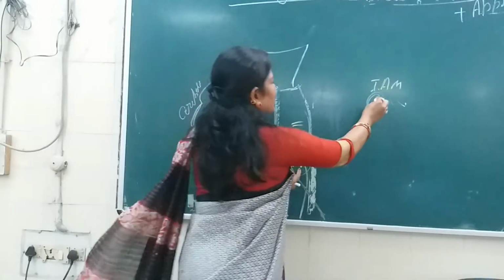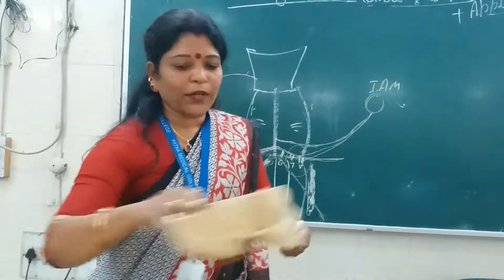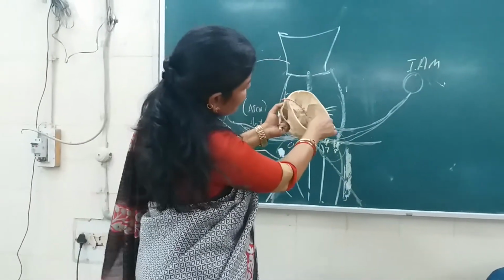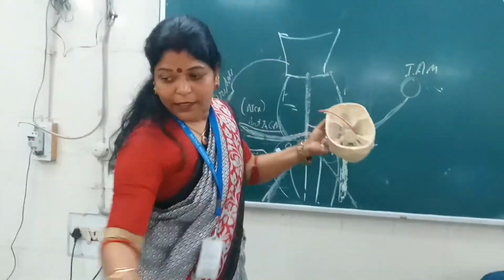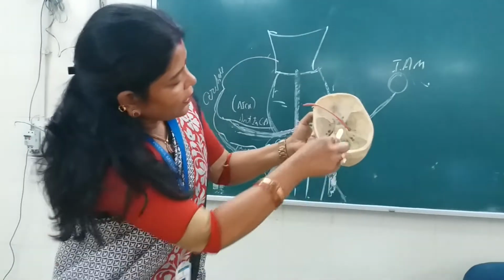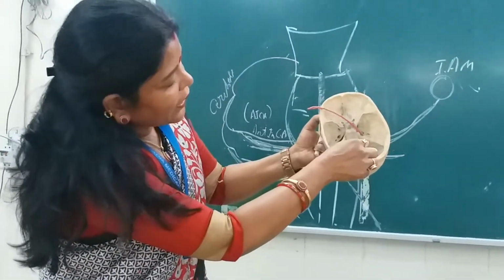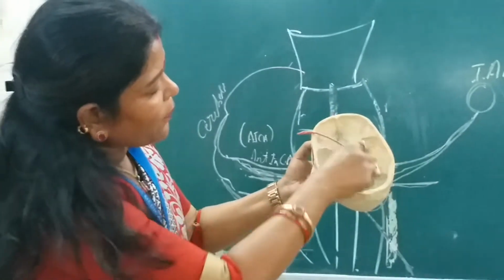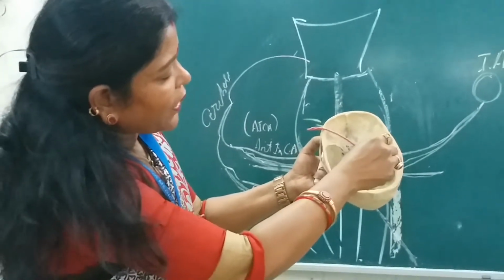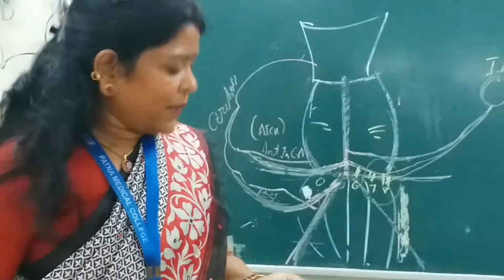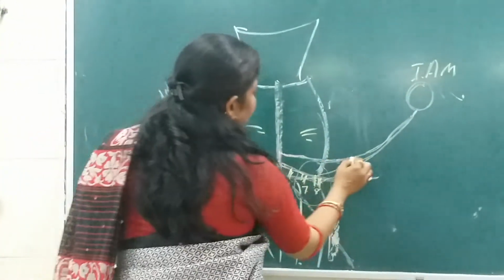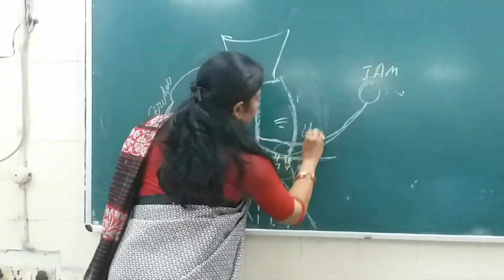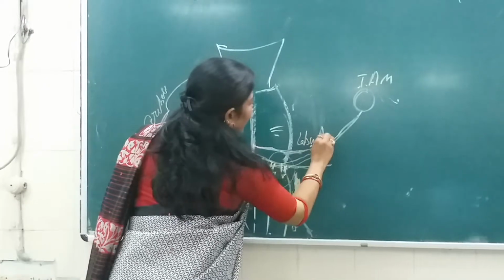So this is the internal auditory meatus. Look here, where will you find this meatus? Here, that is the posterior surface of the petrous part. Here is the internal opening, known as the internal auditory meatus. So from the brainstem, here at the pontomedullary junction, it will go inside the internal auditory meatus. So this is the labyrinthine artery. Which artery is this? Labyrinthine. Okay, the labyrinthine artery it is.